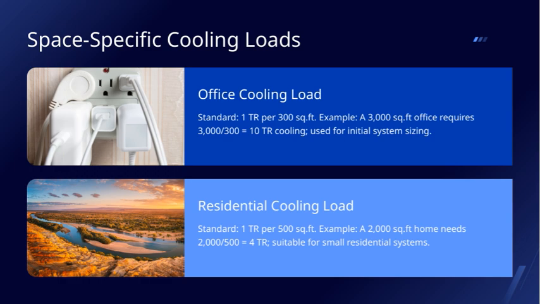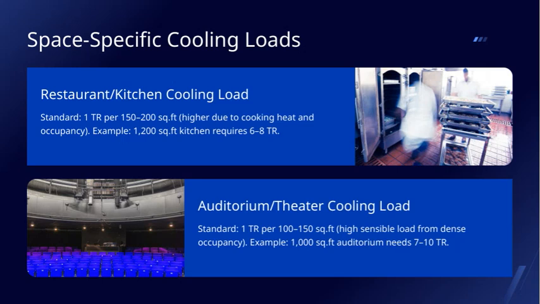Understanding these basics helps ensure we select the right system size, maintaining efficiency and comfort across different types of spaces. Let's talk about the standard cooling loads for different types of spaces. For spaces like offices or conference rooms, the general guideline is about 1 TR for every 100 to 150 square feet. This higher sensible load is mainly due to dense occupancy, meaning more people generate more heat, and the space itself. For example, if you have a 1,000 square foot auditorium, you would typically need around 7 to 10 TR